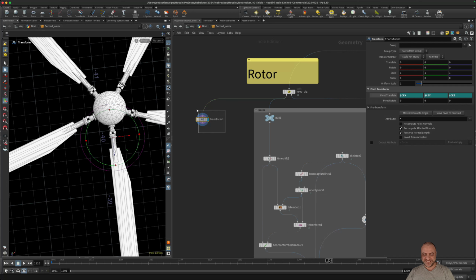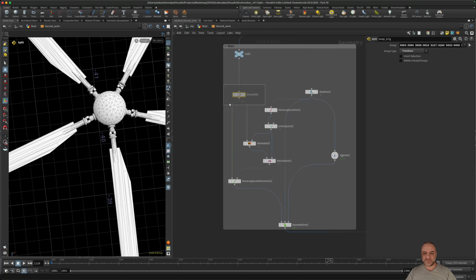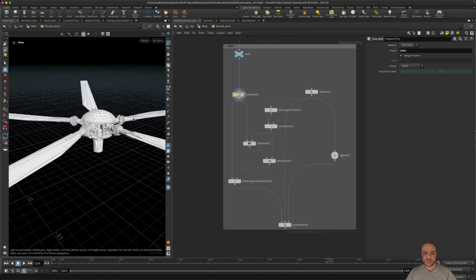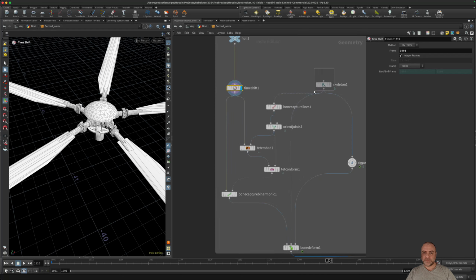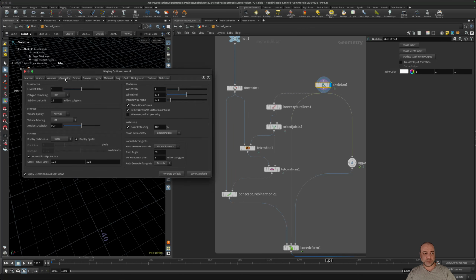So we need to do it this way. First, I do a time shift as for the boat, same as the snow from the edge. I use a skeleton. I will change the background color, it will be easier.